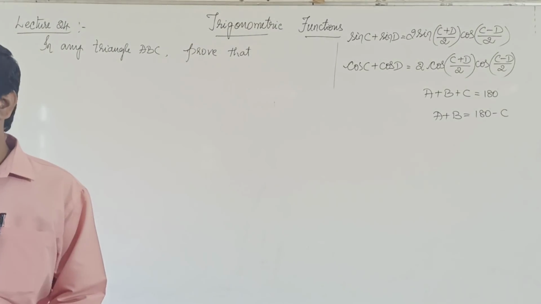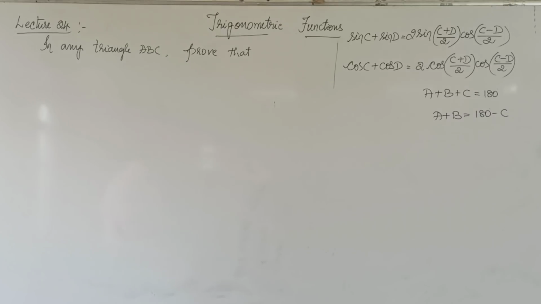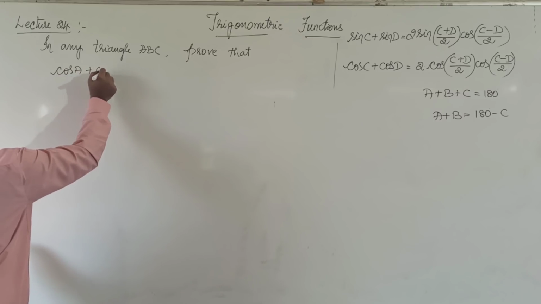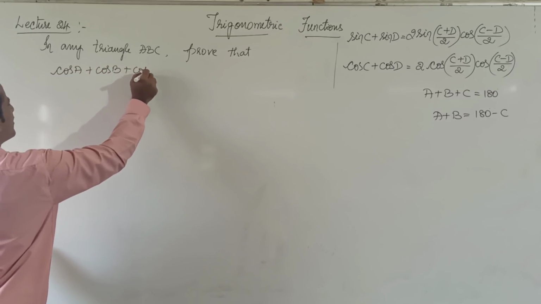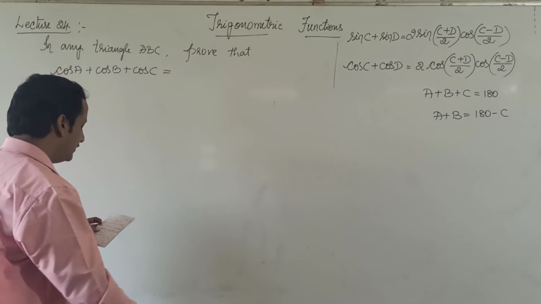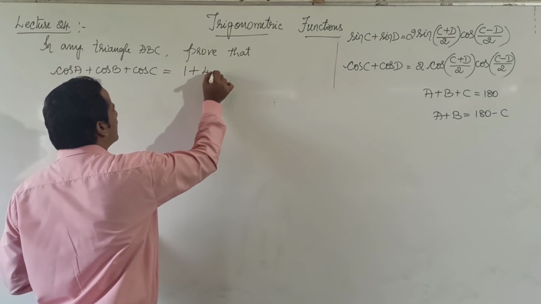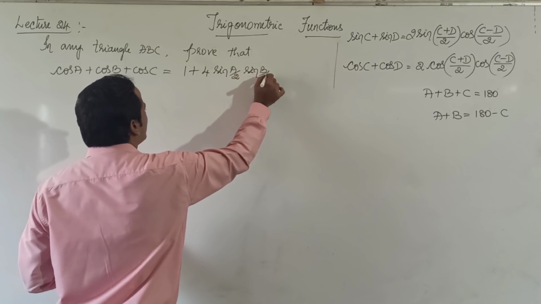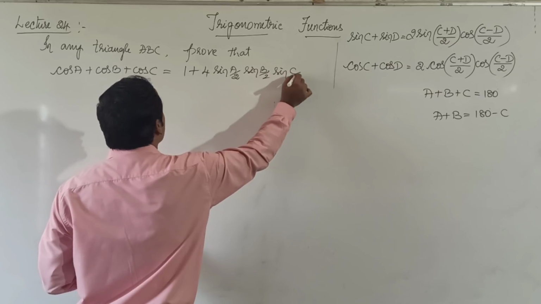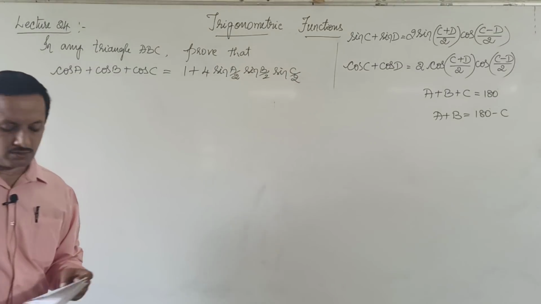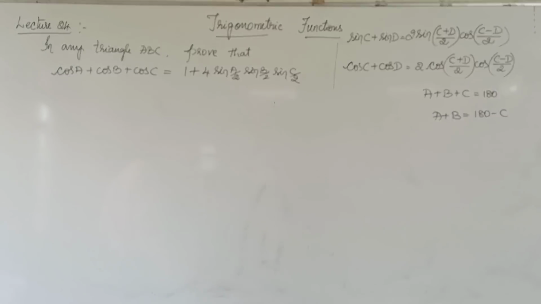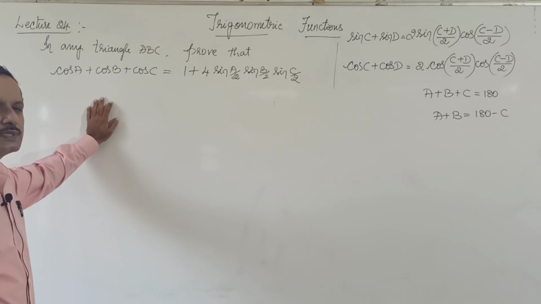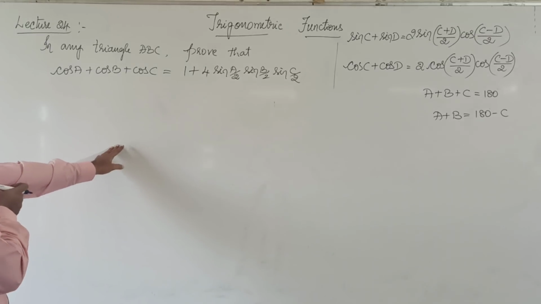In a triangle ABC, prove that cos A plus cos B plus cos C is equal to 1 plus 4 sin A by 2 sin B by 2 sin C by 2. Prove that cos A plus cos B plus cos C is equal to 1 plus 4 sin A by 2 sin B by 2 into sin C by 2. Okay. So now,